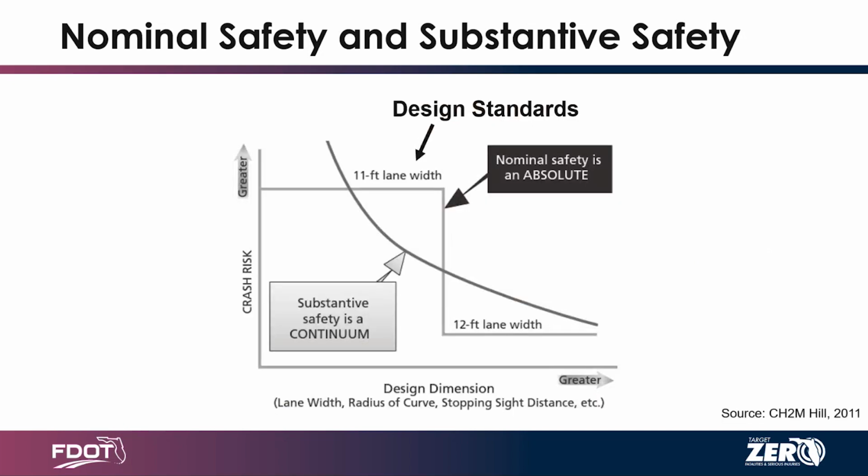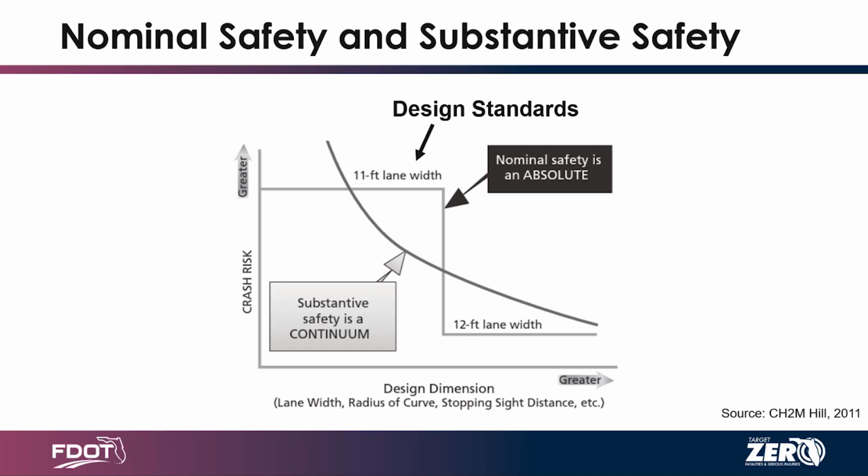This is a good graph to show it. Substantive safety is a continuum, right? So we have crash risk and design dimension, and we're just looking at lane widths. And don't take this as a rule about 11 and 12 feet. This is for a very specific situation. There are situations where 11-foot lanes are better than 12-foot lanes, or 10-foot lanes are better than 12-foot lanes. But in this example, we can see the crash risk is high for an 11-foot lane and then drops for a 12-foot lane. But once it gets to that 12-foot lane,